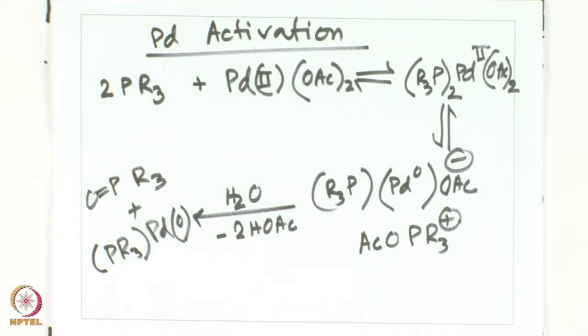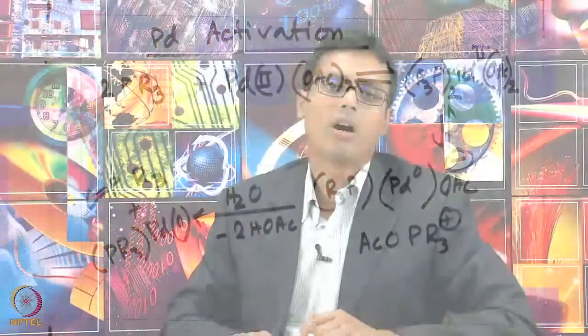So, what we have just seen is 2 equivalents of phosphine ligand, which is very precious of course, participating in reacting with palladium. The palladium oxidation state is palladium 2. So, 2 of those phosphine ligands bind with one palladium, along with it palladium has 2 more acetates. Of course, it is now 4 coordinate. What happens from there is one acetate and one phosphine leaves the coordination site to form a cationic intermediate, and that leaves the palladium in the palladium 0 state